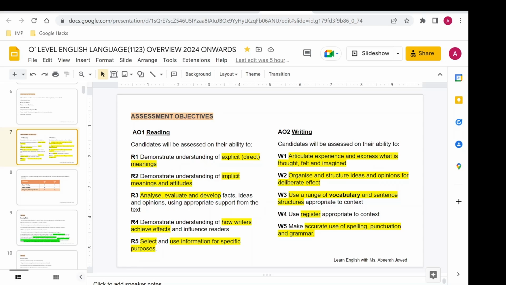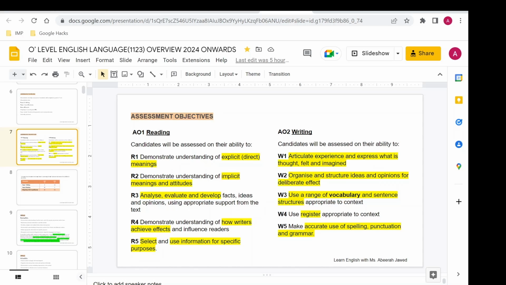Demonstrate understanding of explicit meanings. Once I take you through the sample paper, you would understand: okay, this particular question is actually checking my understanding of the explicit meanings in the text. We'll also understand what kinds of questions check your ability to understand the implicit or hidden meanings and attitudes.